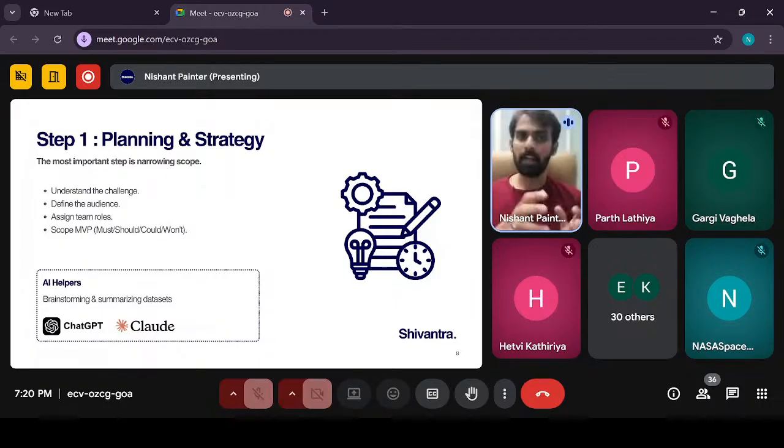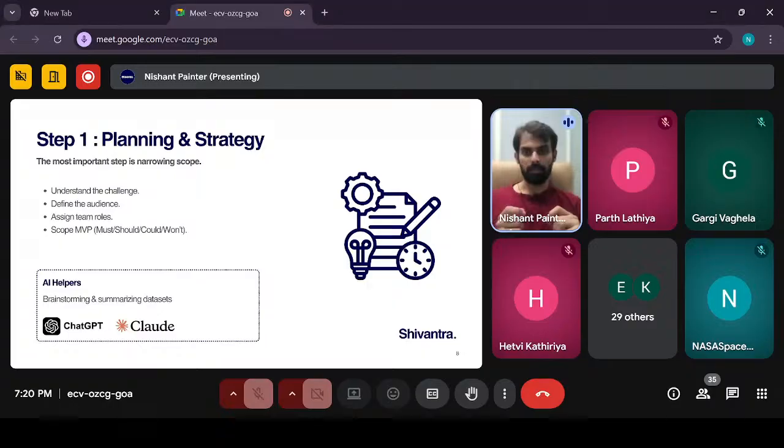This is how you should do the planning and strategy. You won't be working on this, which is very important for you in order to have something presentable. It's team. And here you need to decide what are the roles which will be there in your team, and you need to dedicate a member of your team.